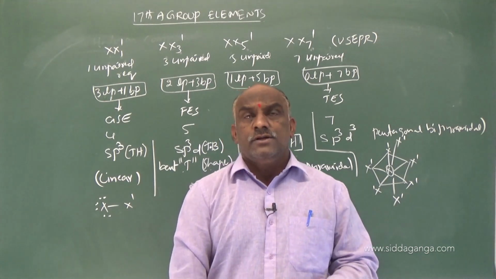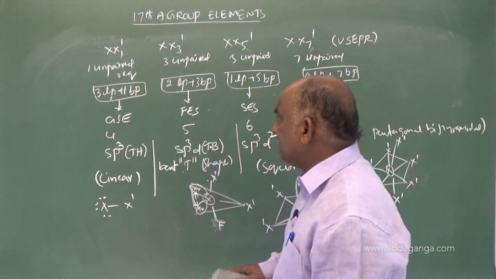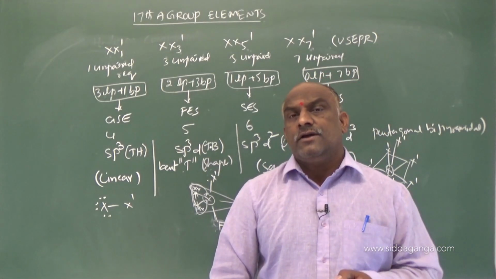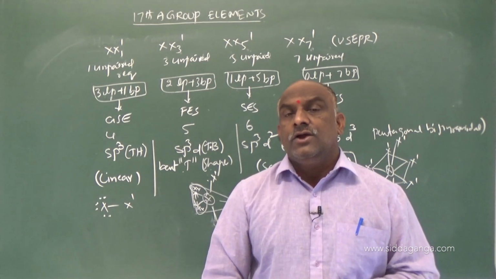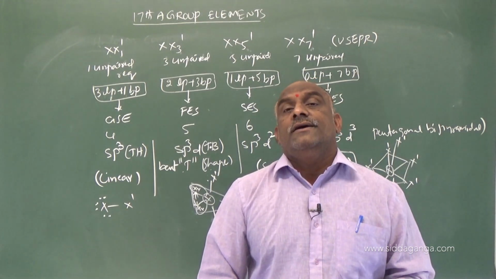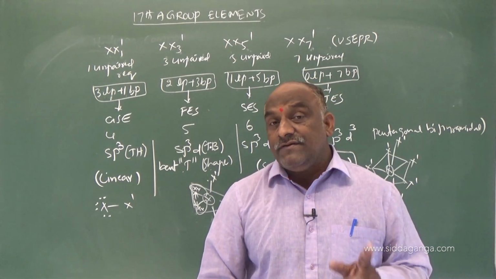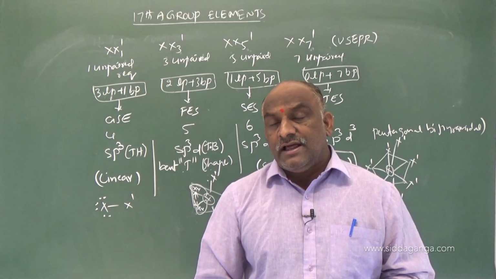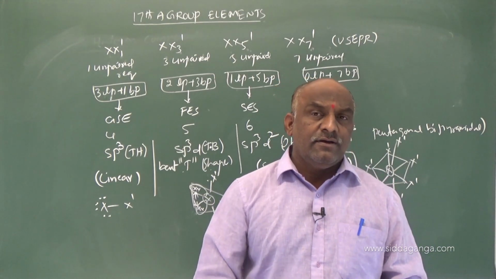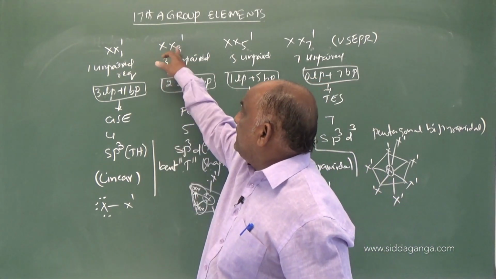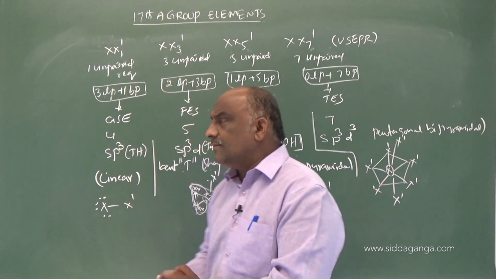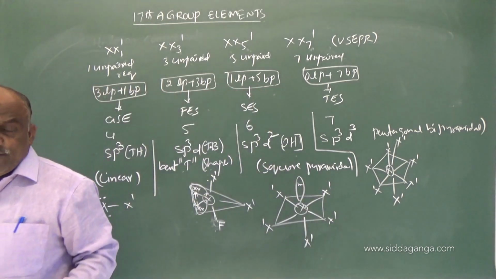interhalogen compounds, and some properties are there. What are the properties regarding these interhalogen compounds? All interhalogen compounds are diamagnetic compounds, and all interhalogen compounds are solids or liquids at 298 kelvins except ClF. ClF is the only gas at room temperature. And what will be the reactivity of interhalogen compounds? What will be the properties of interhalogen compounds? Interhalogen properties are intermediate of the corresponding halogen atoms. Intermediate of the corresponding halogen atoms means we will discuss that in chemical reactions.